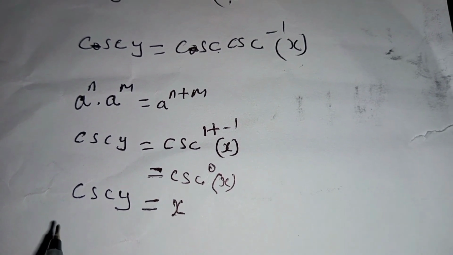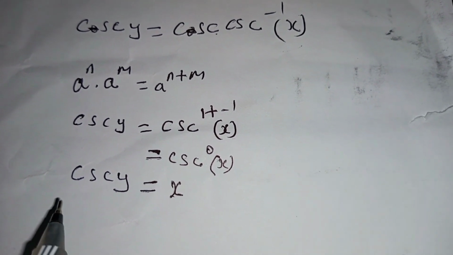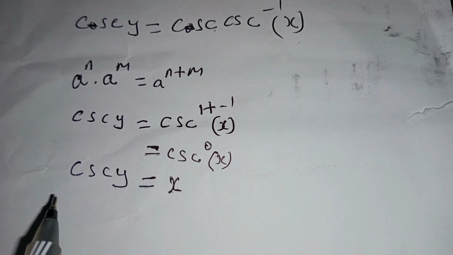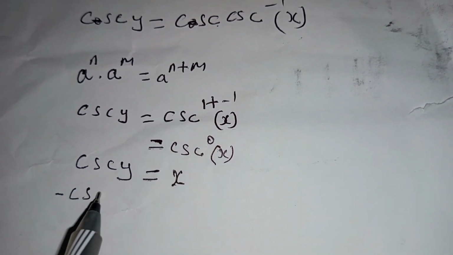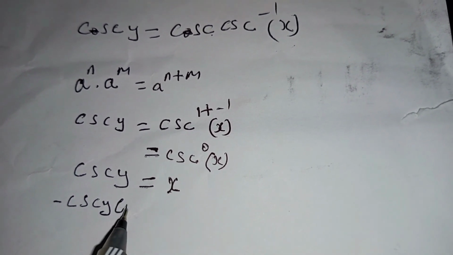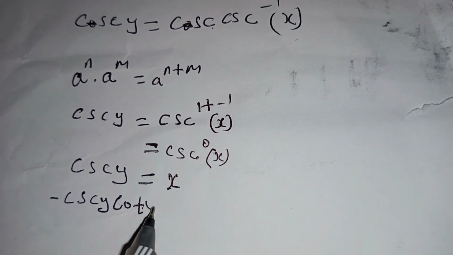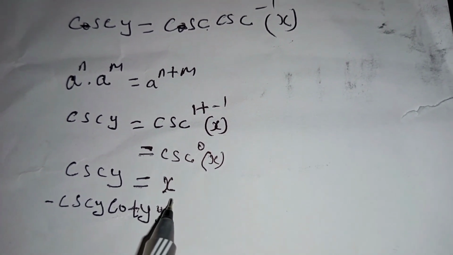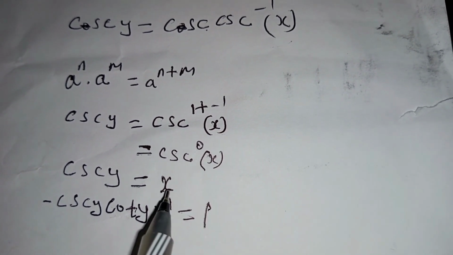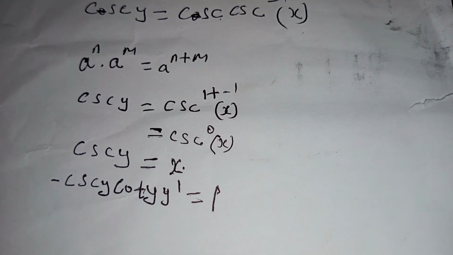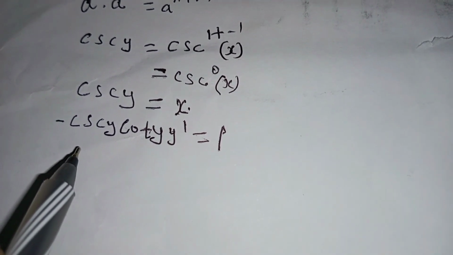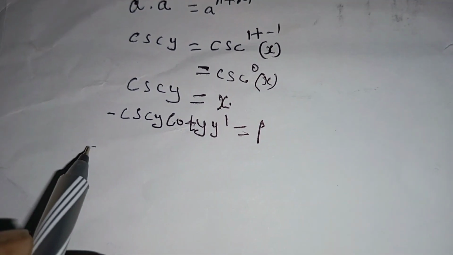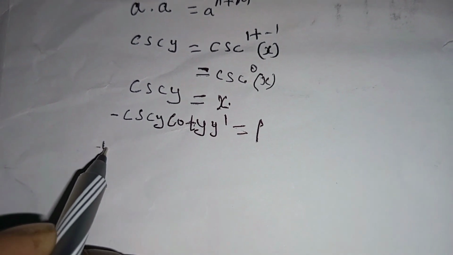The next step is differentiating both sides with respect to x. So the derivative of cosec of y is negative cosec of y multiplied by cot of y, then y prime, which is equal to 1. The derivative of x with respect to x is 1. Then we divide both sides by negative cosec of y multiplied by cot of y. On the left, after dividing, we shall be left with y prime, which is equal to 1